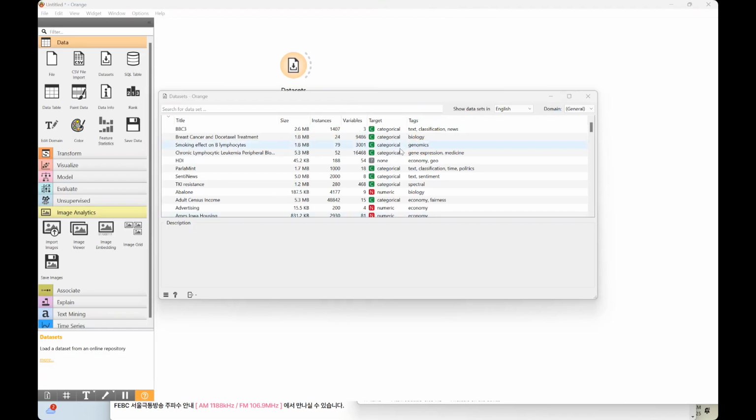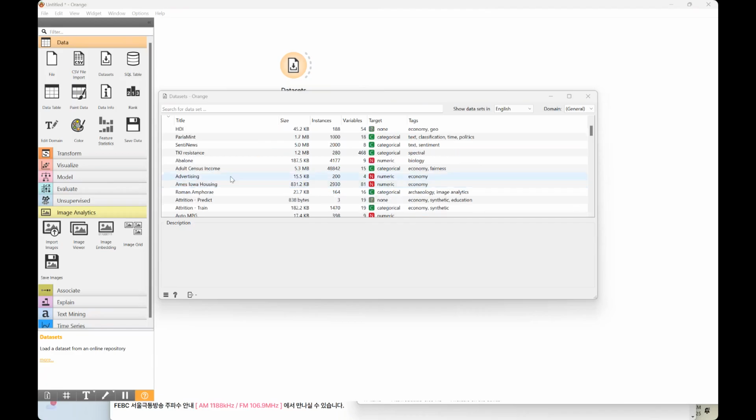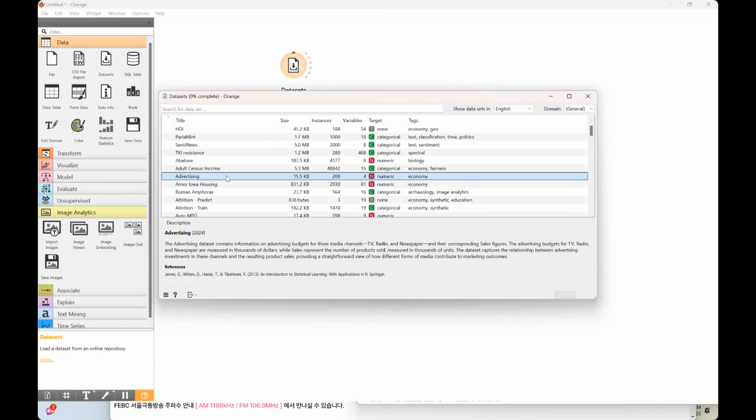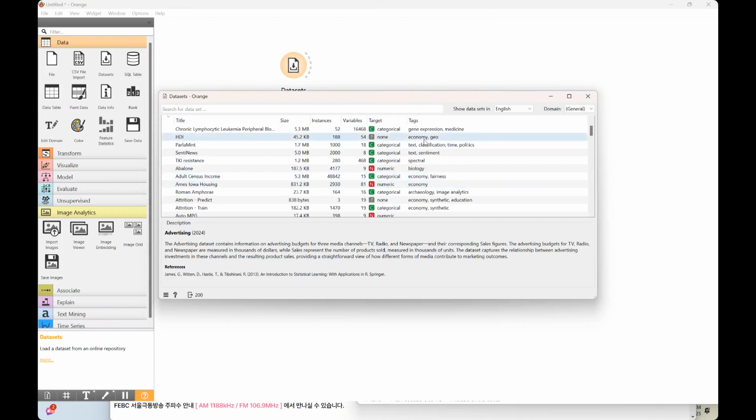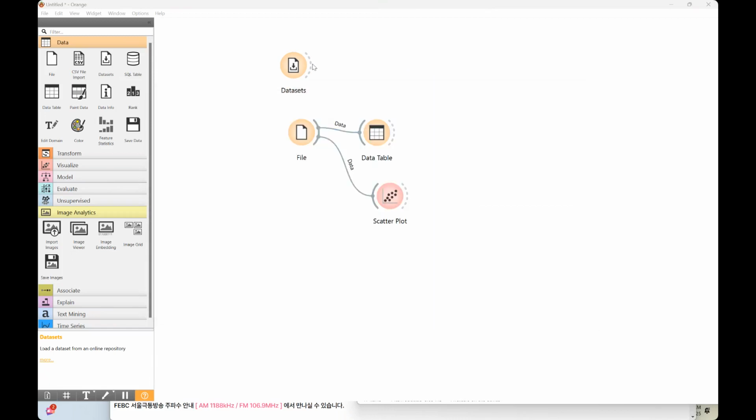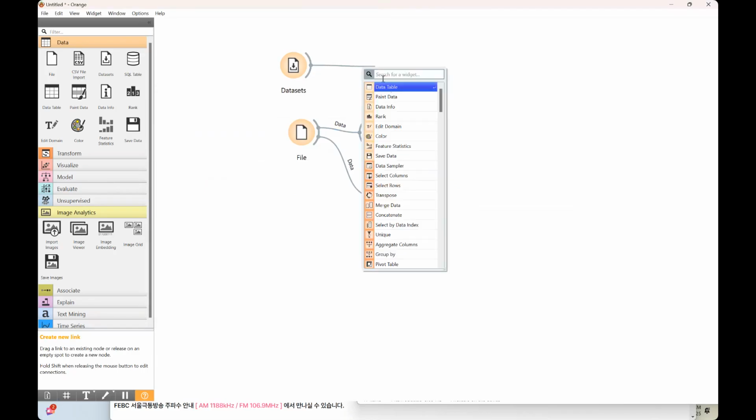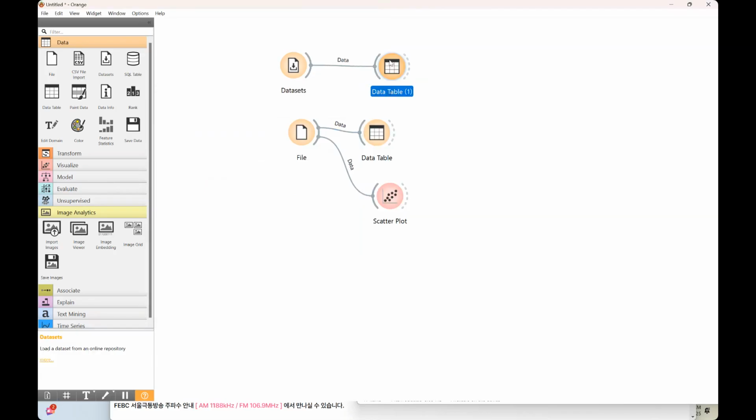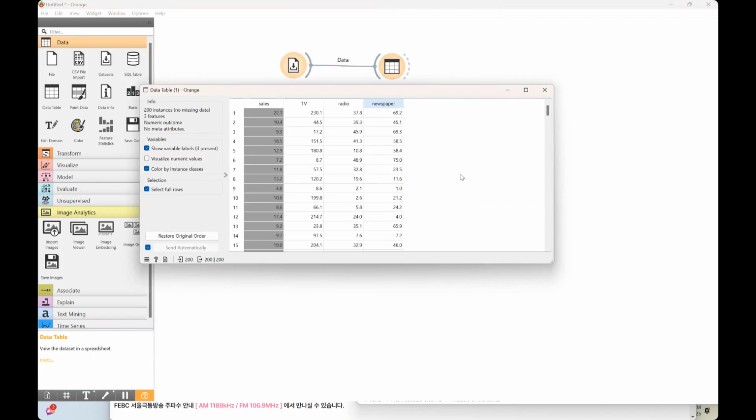So using this, let's say I want to see about advertising. I can download the data. This is the advertising data set, and then I want to connect it to the data table. Then I can see the data table. So this is the data set about advertising. I can see how big the sales are, and then the advertising in the TV, the advertising in the radio,